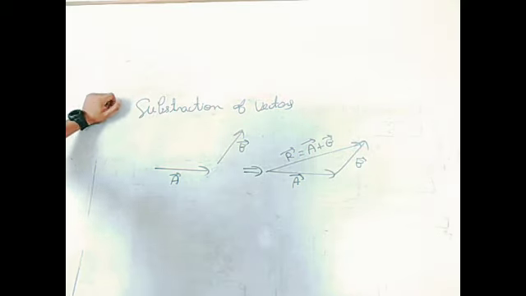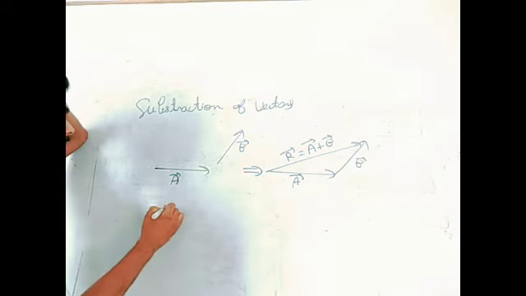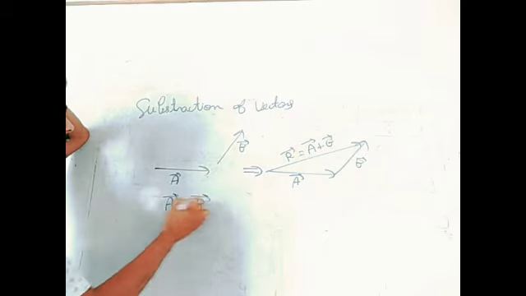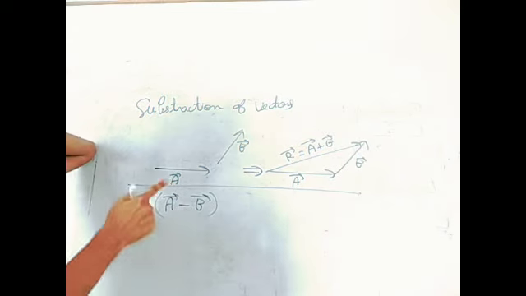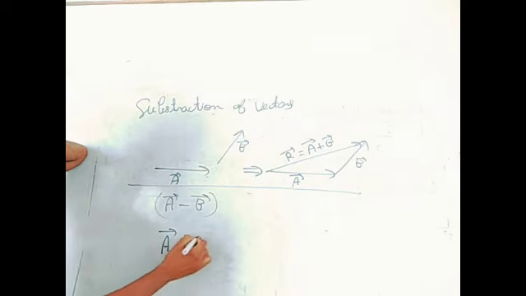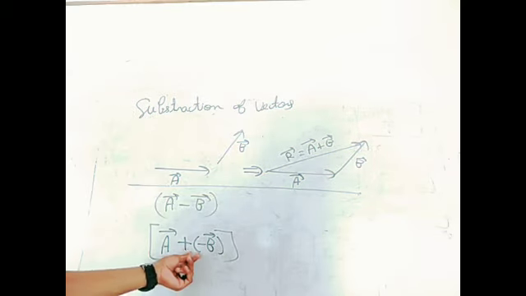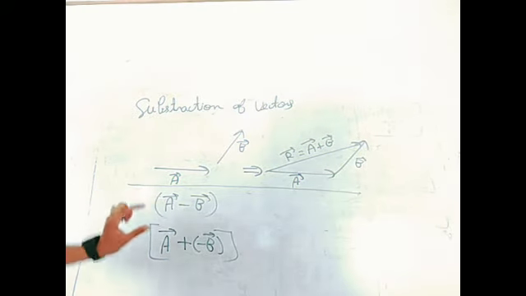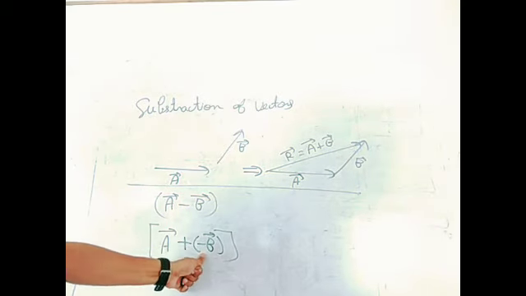But we want subtraction. We are going to subtract two vectors. Suppose you have vector A and we want A minus B. Then how will you perform subtraction? In subtraction, students, you can write it like this: vector A plus minus vector B. There is no problem in writing this equation. When you open the bracket, you will get the same answer, A minus B. Then we are going to subtract using a different process. We write A minus B like this: A plus, in brackets, minus B.